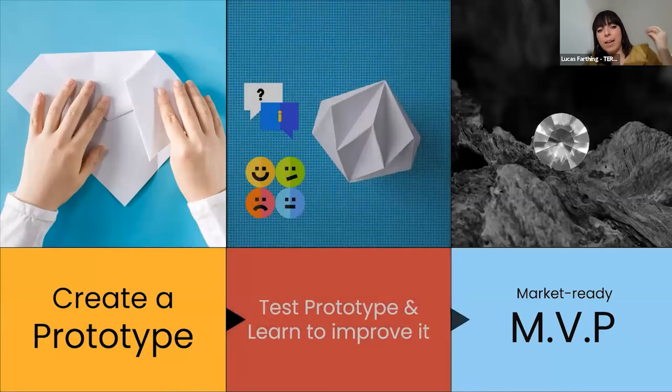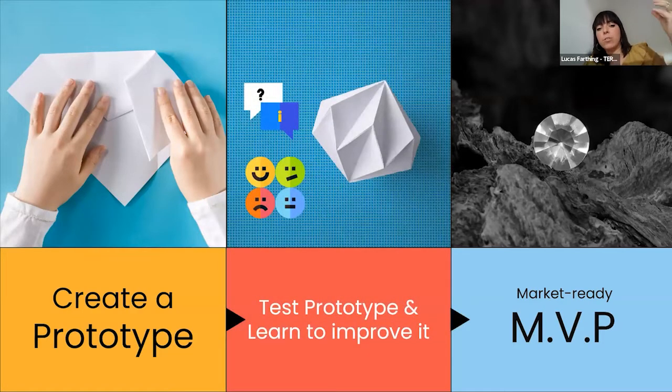This feedback that you get on real users engaging with the prototype is what you're going to use to improve the MVP idea to make it market ready. So from our experience testing and from the feedback from the users, we figure out what is not ready yet and make it ready, make it market ready. So think of this like a practice before a show, a theater show, or like an architect would build a model before they build the building, right? This is what we're doing now.